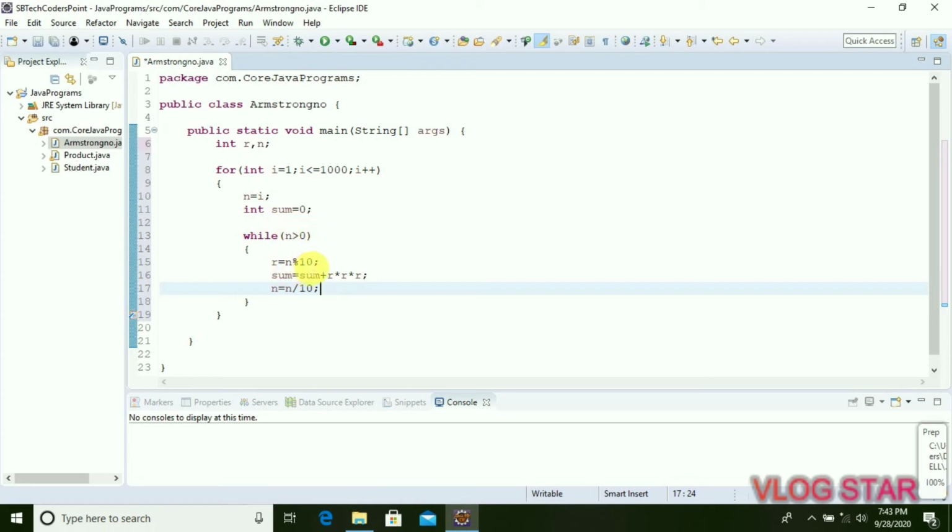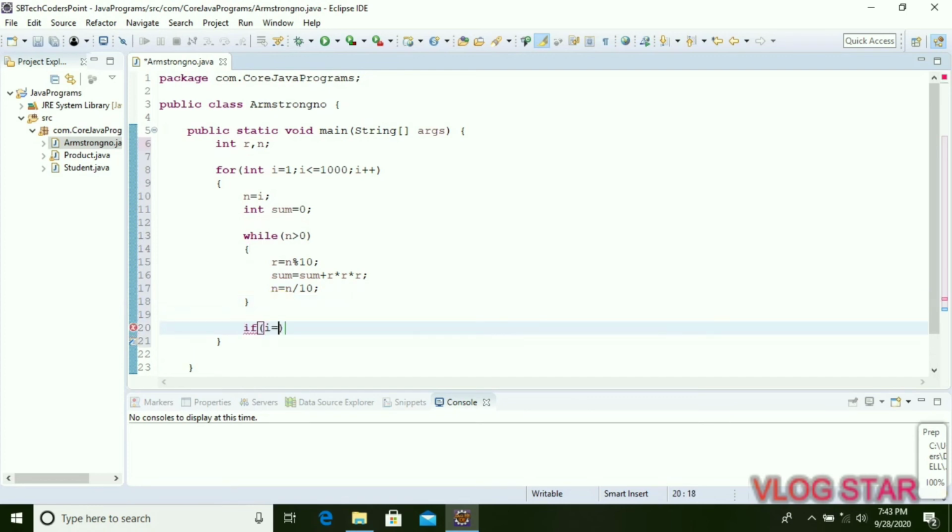So it will perform the same operation for 1. Now it will store 1 into r, then the cube of 1, which is 1, is added to our previous sum. By doing n equals n divided by 10, we will eliminate 1. Now our number becomes 0, which is no longer greater than 0. So the loop will exit and it will come out of the loop.